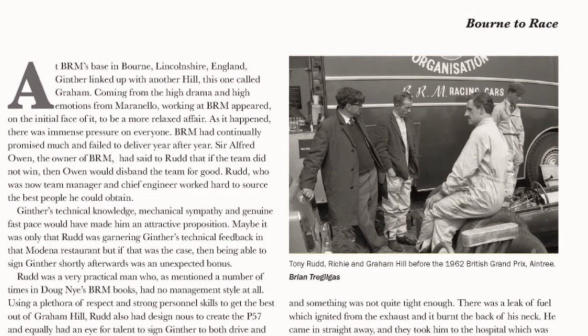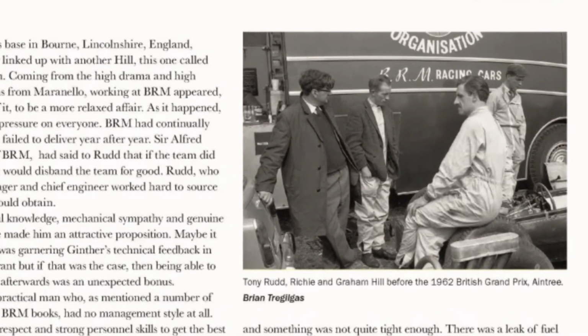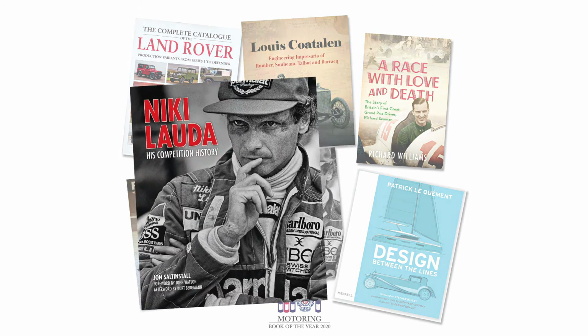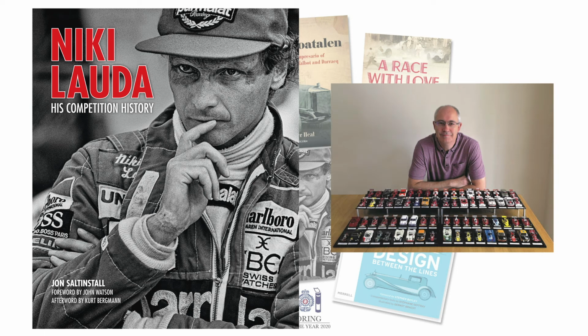This refreshingly balanced and detailed book by debut author Richard Jenkins provides a very personal insight into one of motor racing's underappreciated heroes. The next nominee is Niki Lauda, his competition history by John Saltonstall and published by Evro Publishing